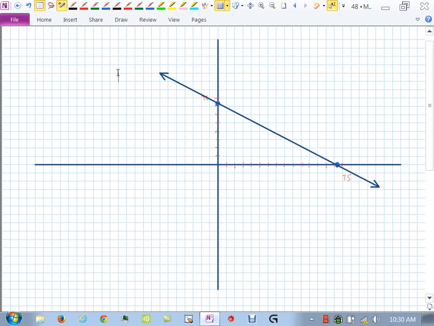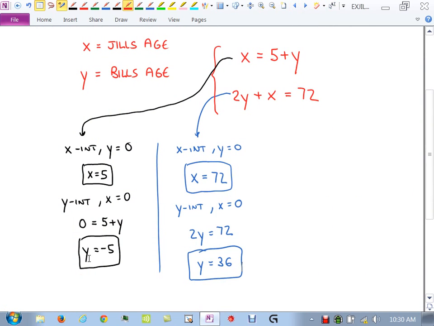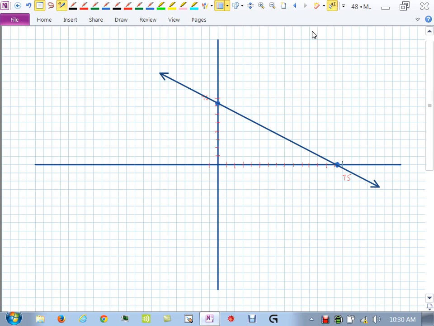Now, what were the intercepts of the other one? The x-intercept was what? 5? Was it negative 5? X-intercept? 5? Okay, let me go back. X was 5, Y was negative 5. Okay, got you. The x-intercept is 5,